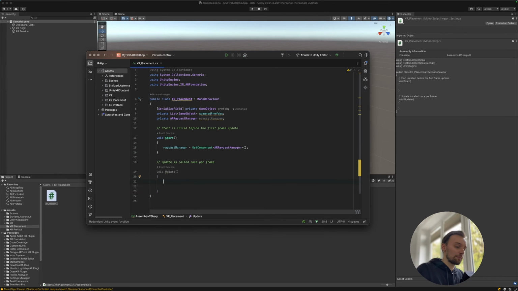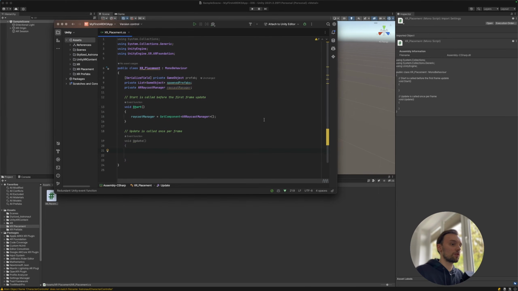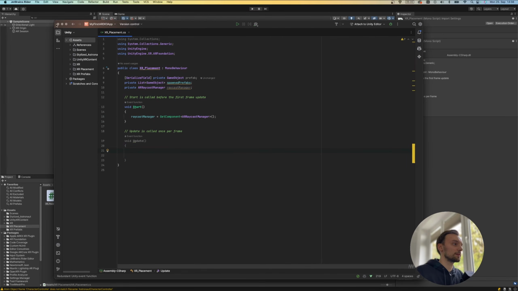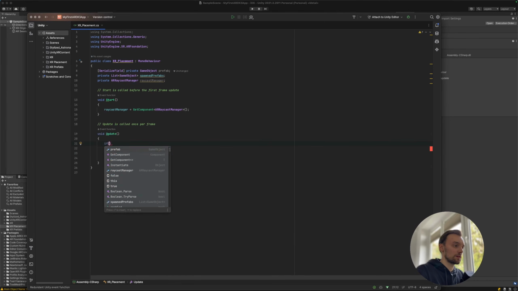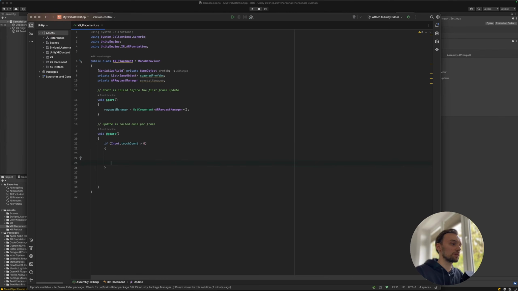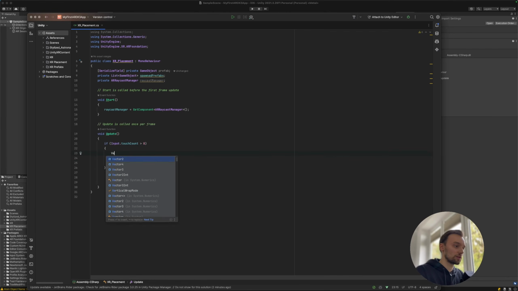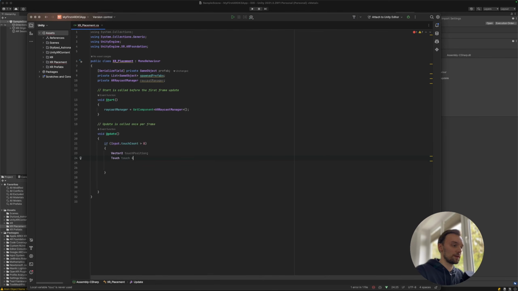And then in the update method, we need to check for any kind of input. So let's make this a little bit bigger here. So we're going to say if input dot touch count is greater than 0, then this means someone touched the screen. So then we can create a new vector2, which is going to be the touch position. And we can say touch equals